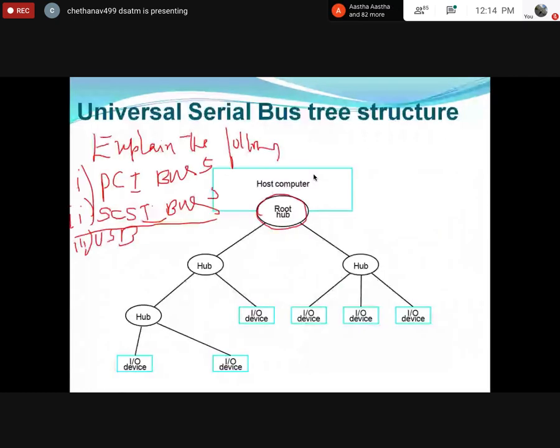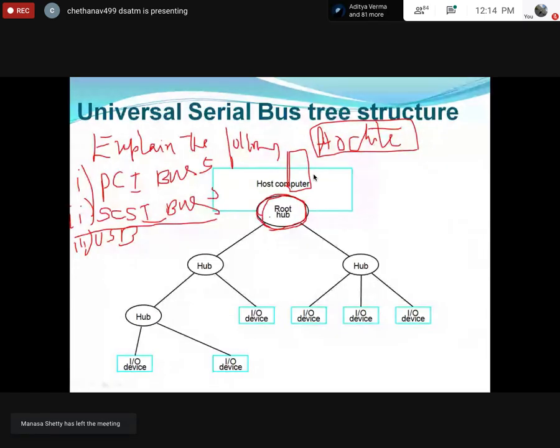Here you have the architecture, I can call this an architecture. This architecture is known as tree architecture. So it is a bus tree structure, and it looks like a tree. One is a root hub. Suppose your system is this, assume this is your CPU. There is one root hub. That root hub may connect n number of devices. For those n number of devices, in order to transmit the data faster, I'm going to make separate hubs. So now these hubs will have direct connections to the devices.